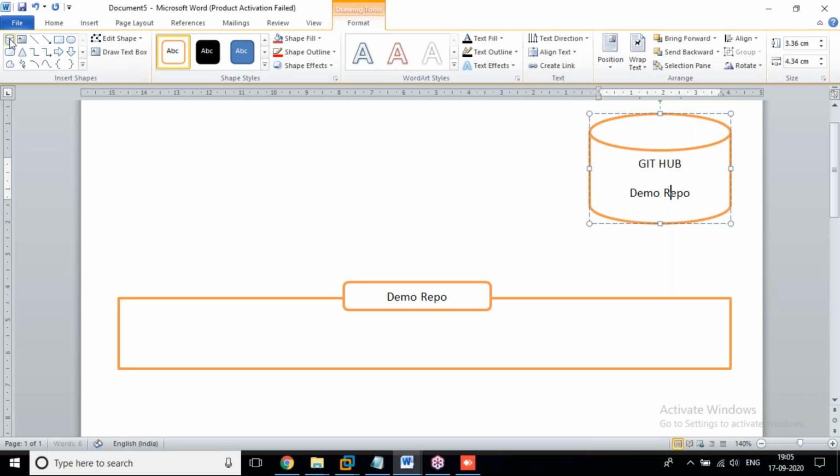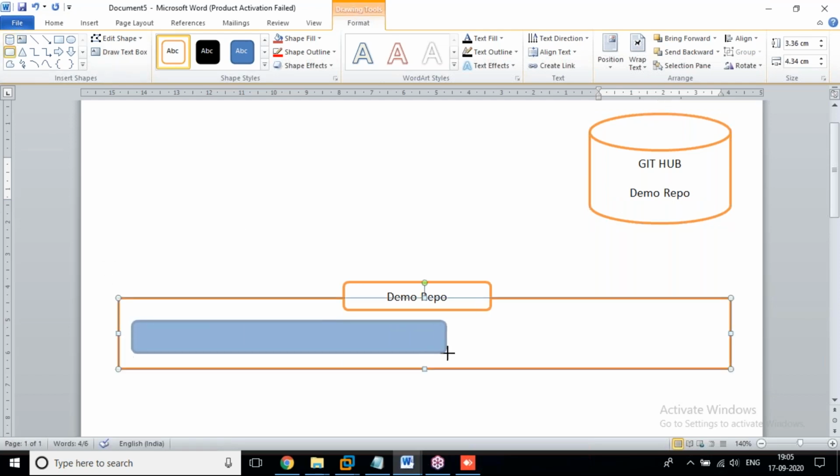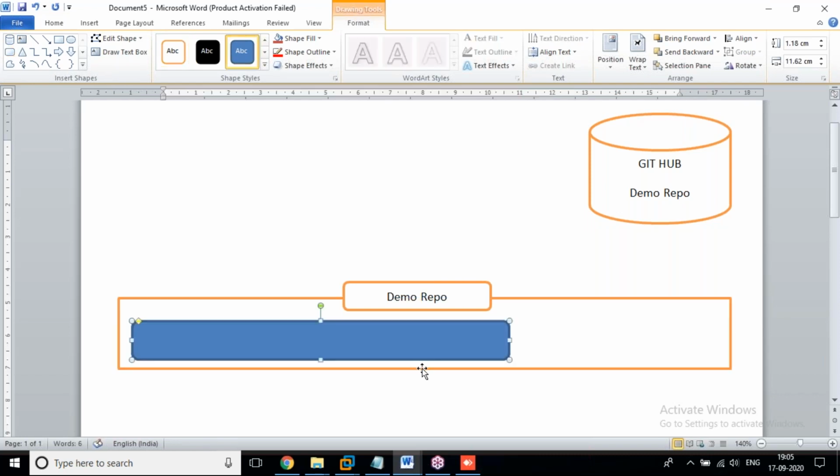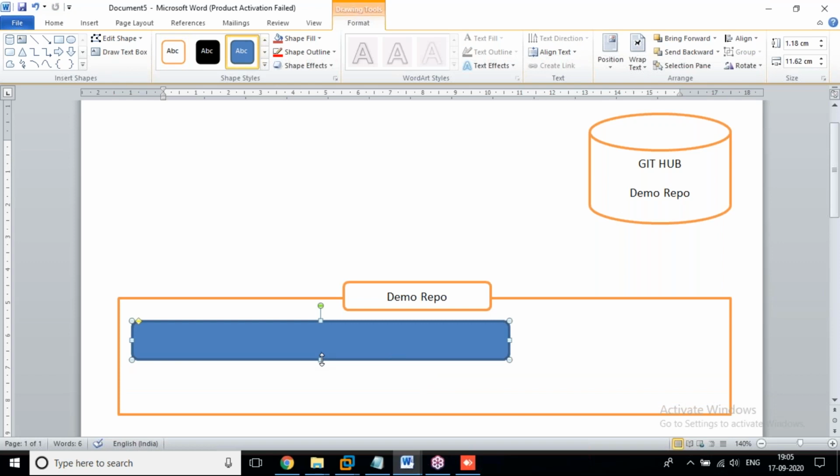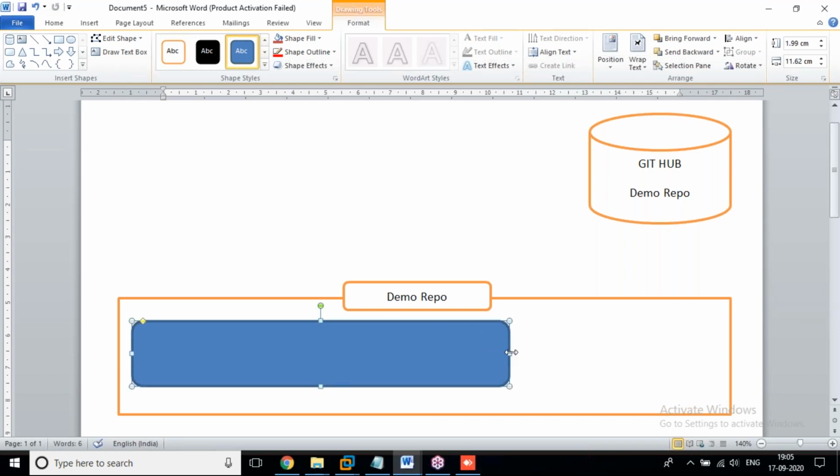Now, we discussed that working tree. What is this working tree? We'll see that. We discussed this working tree, calling it a working tree.